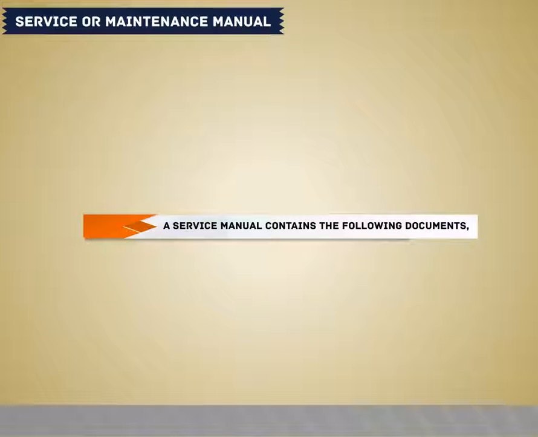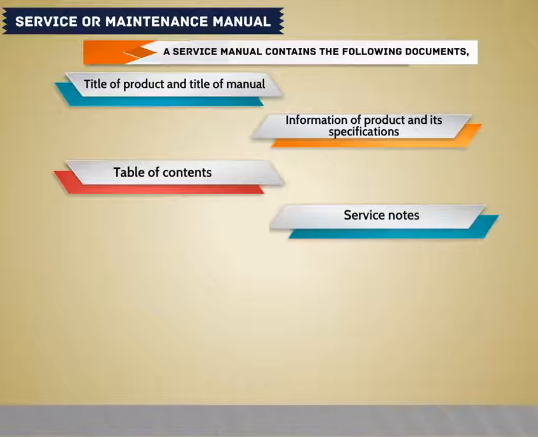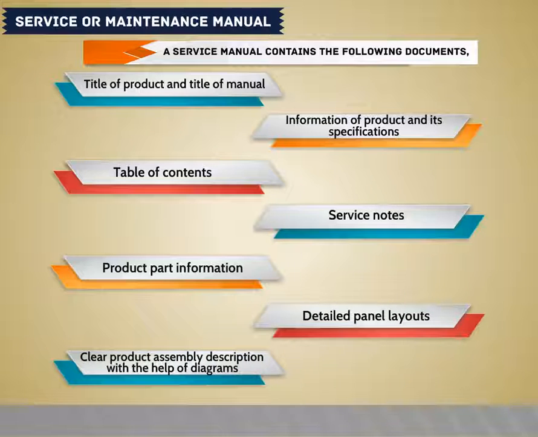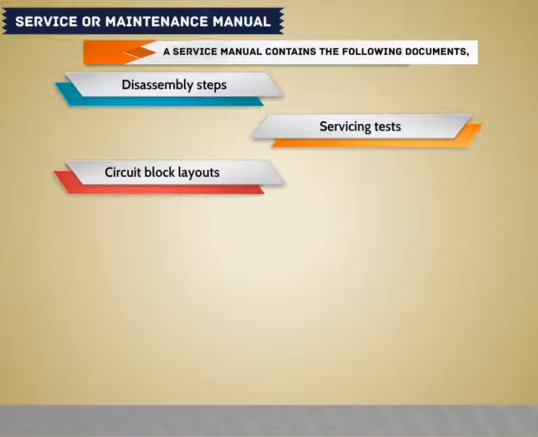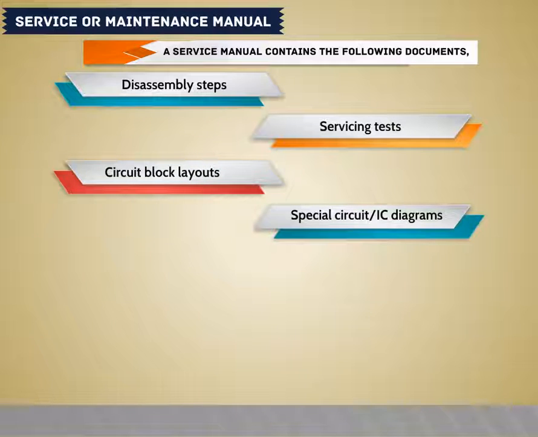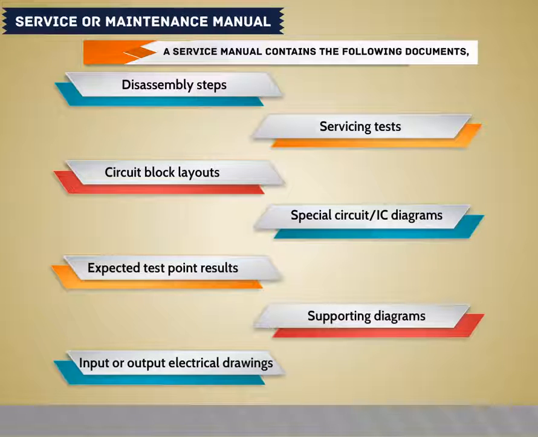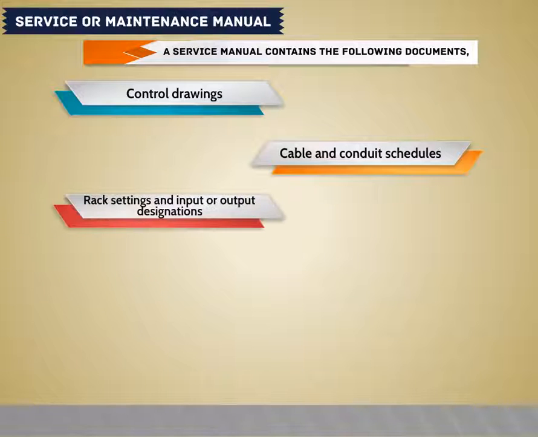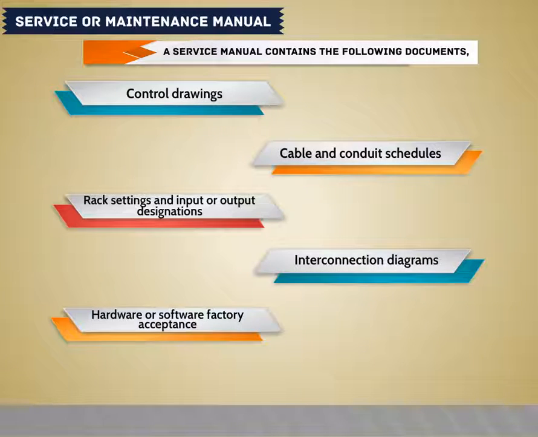A service manual contains the following documents: title of product and title of manual, information of product and its specifications, table of contents, service notes, product part information, detailed panel layouts, clear product assembly description with the help of diagrams, disassembly steps, servicing test, circuit block layouts, special circuit or IC diagrams, expected test point results, supporting diagrams, input or output electrical drawings, control drawings, cable and conduit schedules, rack settings and input or output designations, interconnection diagrams, hardware or software factory acceptance,